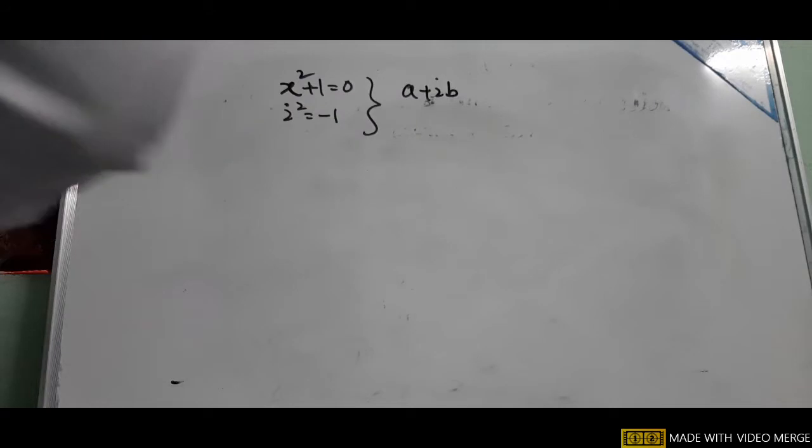The complex number is mostly represented by z equal to a plus ib, where a and b are an ordered pair. Here a is the real part of the complex number and b the imaginary part. So it is represented as real z equal to a and imaginary z equal to b. The real numbers are a subset of the complex numbers, because the real number is contained in the complex number.